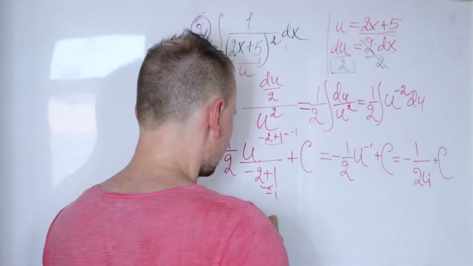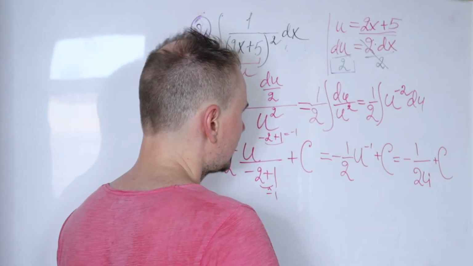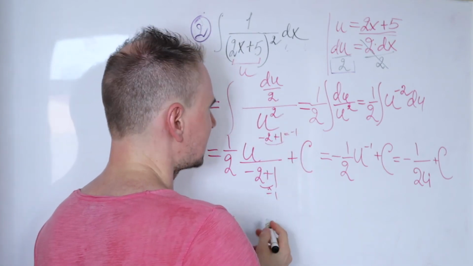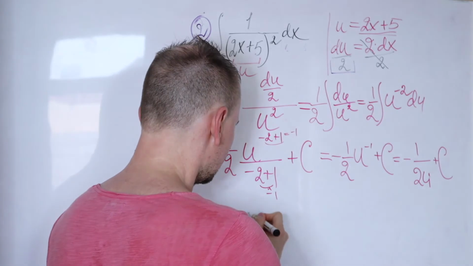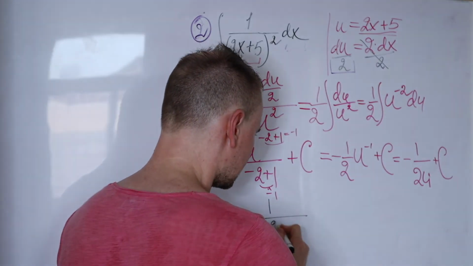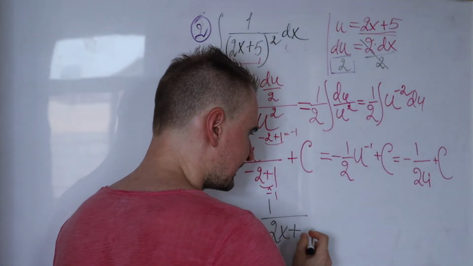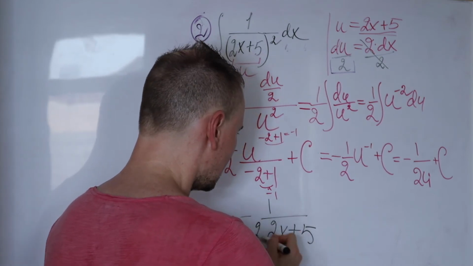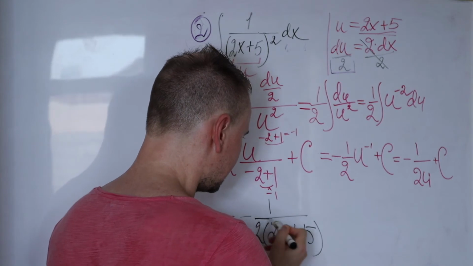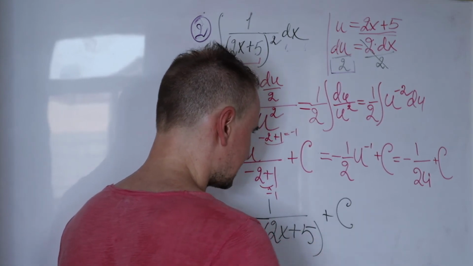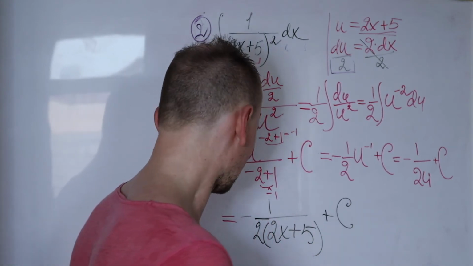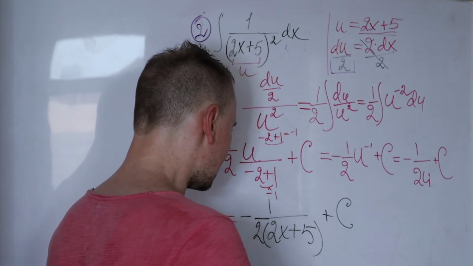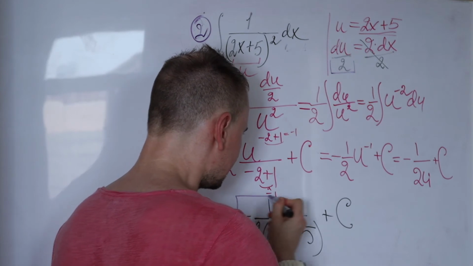So instead of u, I'm going to place 2x plus 5. So negative 1 over 2 times (2x plus 5), and you have this constant out front, plus C. So this is your final integral. This is your final answer